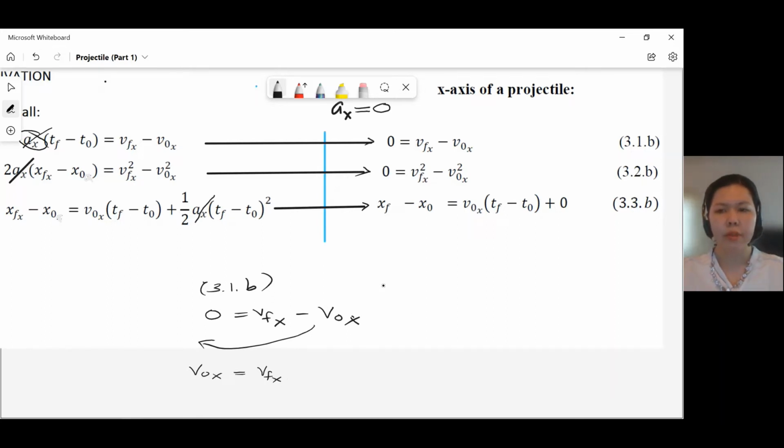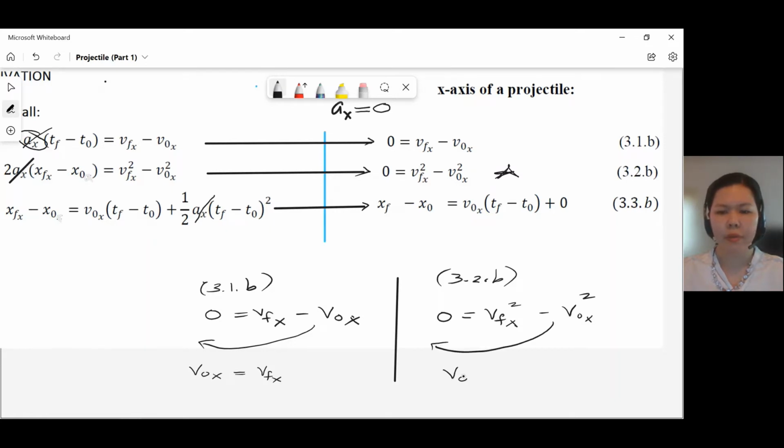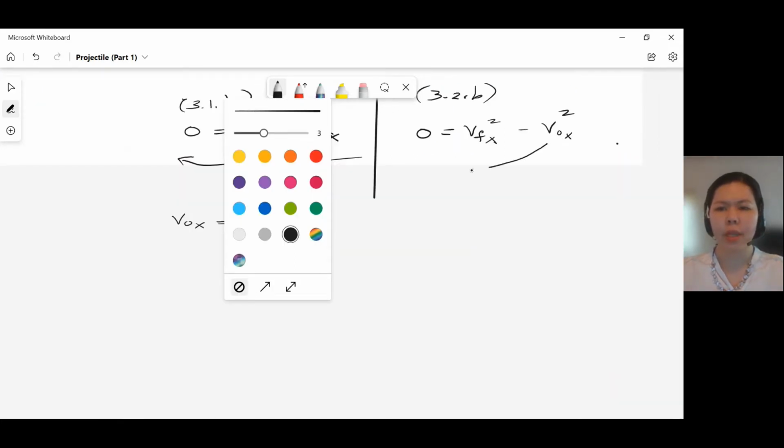Also in 3.2.b, we will arrive at the same equation. We copy first 3.2.b, 0 equals vf x squared minus v naught x squared. Transfer this to the left. So v naught x squared equals, transferring negative v naught x squared to the left,